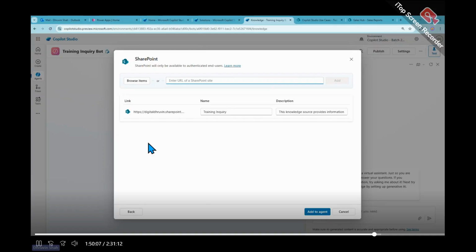Now, as I said, as per best practice, whenever you configure any data source, make sure you provide a proper name and description. So I'm providing here the name training inquiry information, and I provide a description of what this is all about. This list covers all the information like